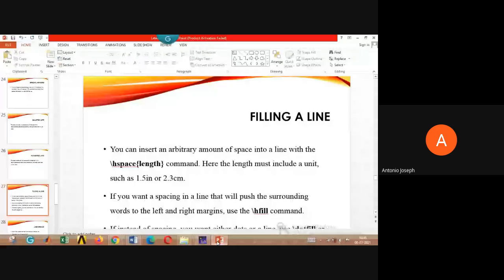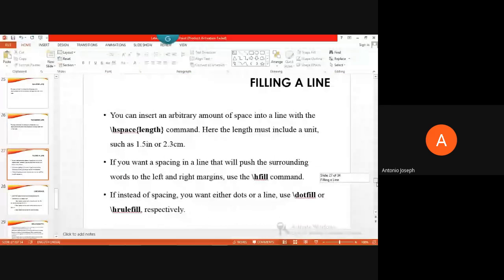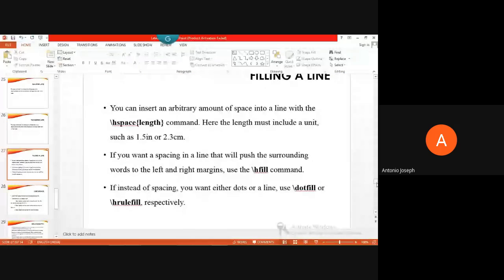Now, filling a line. This is another important thing. We can specify a horizontal space. If we want a horizontal space between two lines, decided at a particular point, that's usually done if you are making acknowledgements or some certificate.